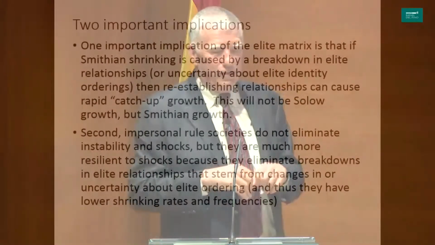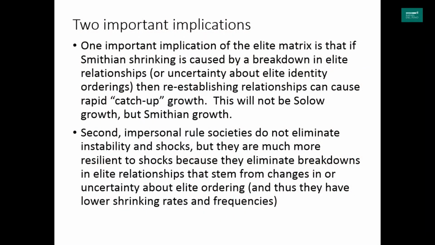Impersonal rule societies do not eliminate shocks. They do not eliminate bad outcomes. They do not eliminate harvest failures. They do not eliminate financial breakdowns. They do not eliminate the 2008 mortgage-backed security crisis in the United States. So there's nothing about impersonal rule societies that makes them more stable in terms of fewer shocks. What makes them more stable is that when there are shocks,